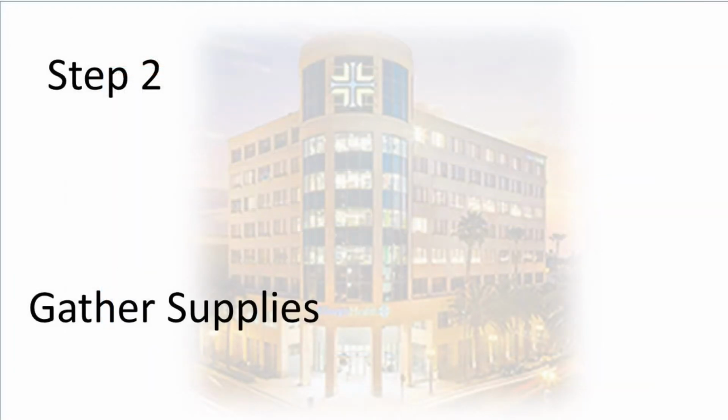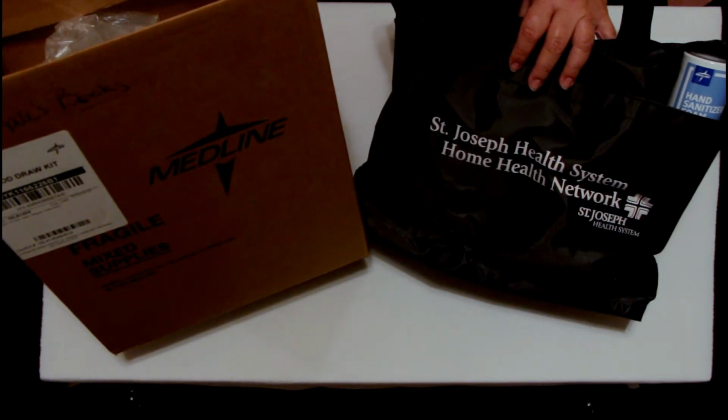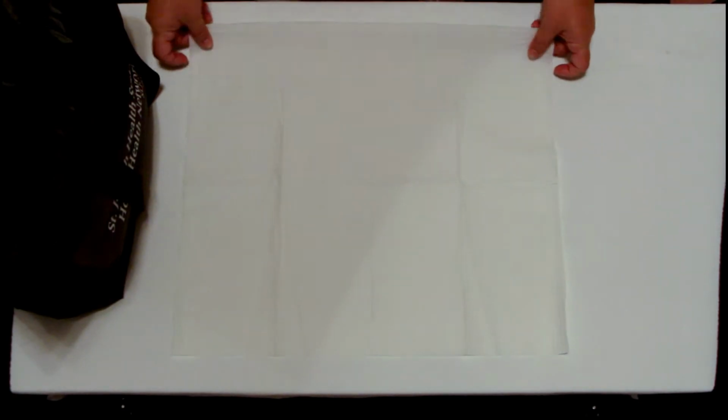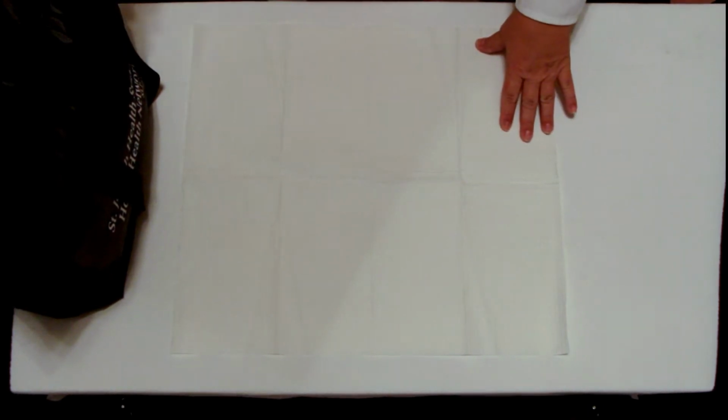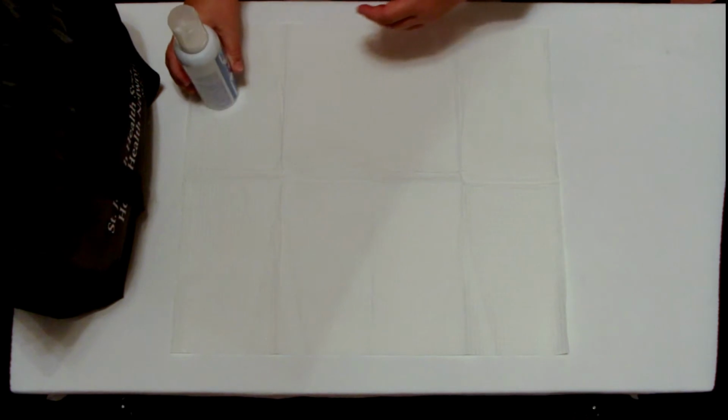Step 2. Gather supplies. Supplies will be available in the patient home or secured from your clinician bag or trunk stock. Gather your supplies per the order and place on the barrier you have prepared. For this patient, you will need the following: hand sanitizer,